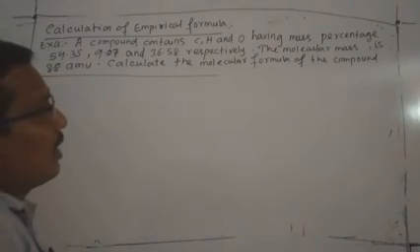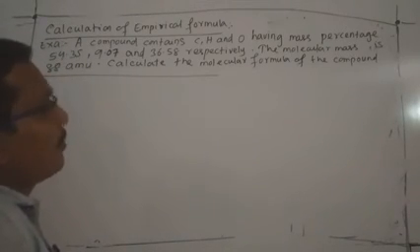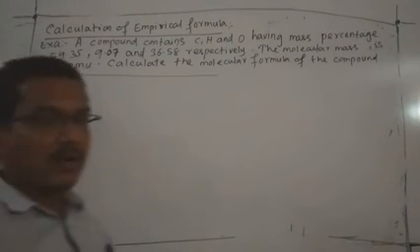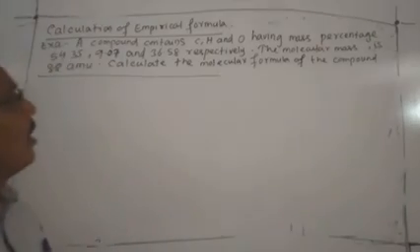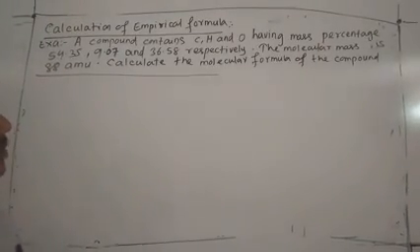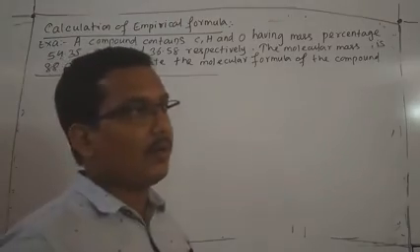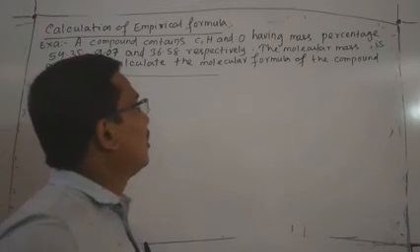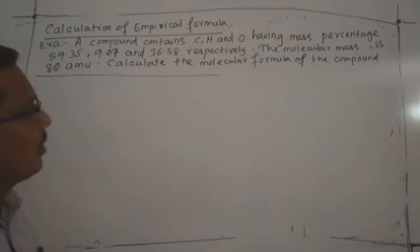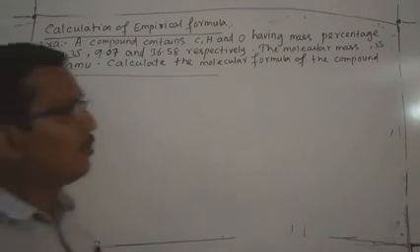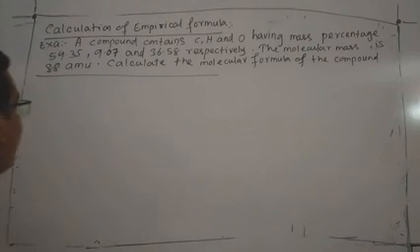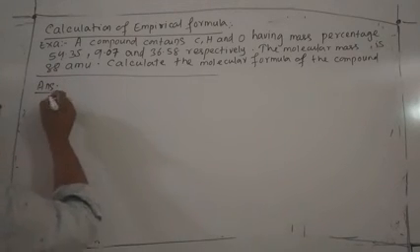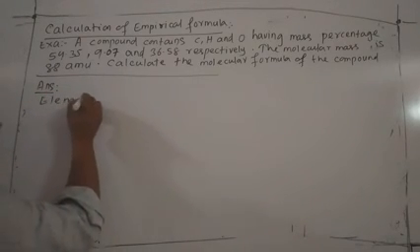How can you calculate the molecular formula and also the empirical formula? What are the steps required for the calculation of the molecular formula and empirical formula of the compound? The compound name is not given, and our aim is to find the molecular formula with the help of percentage composition. The first step is your elements. What are the elements present in the compound?